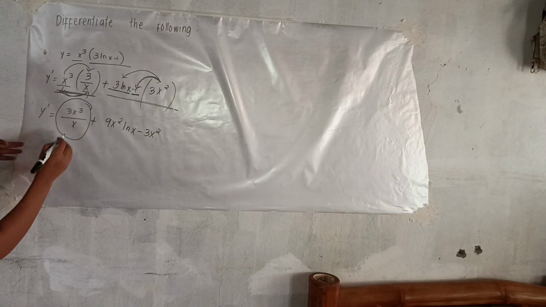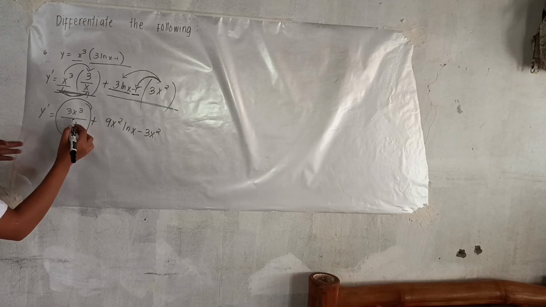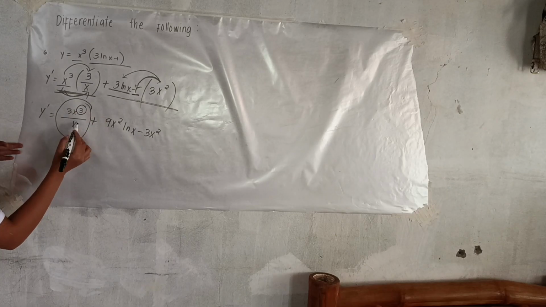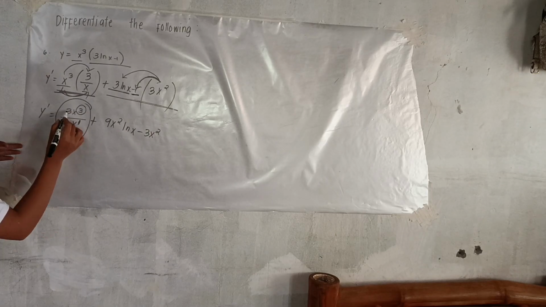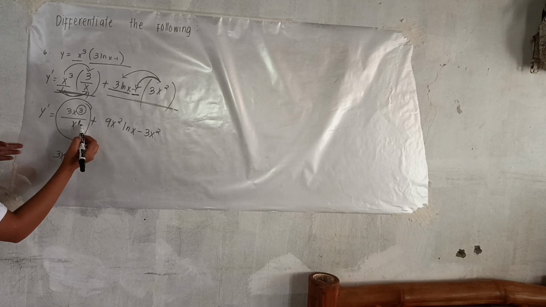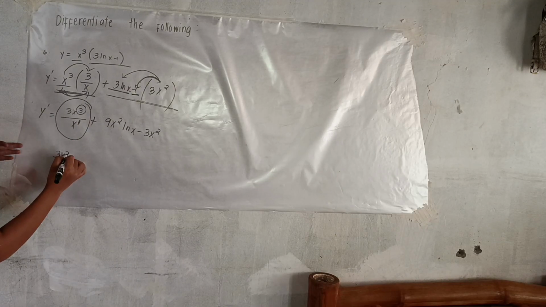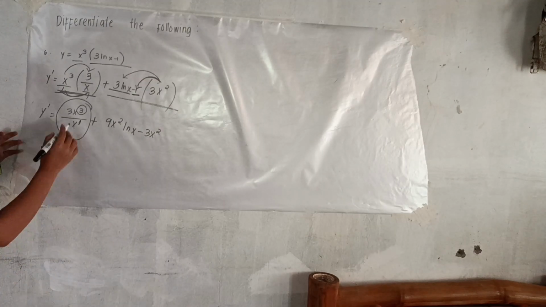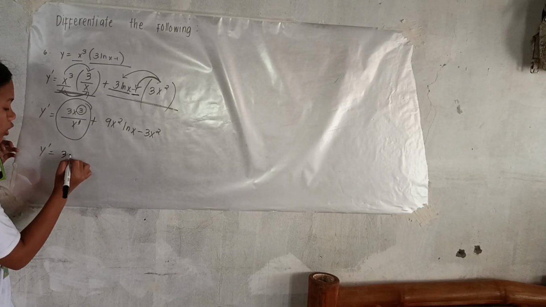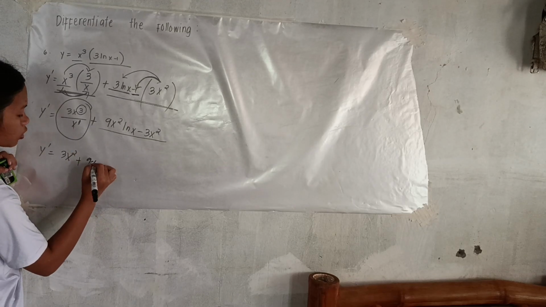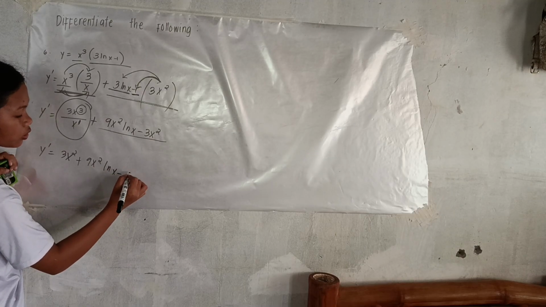by dividing. In dividing terms that involve exponents of the variable x, we simply subtract their exponents. The denominator has an exponent of 1. So 3 divided by 1 will become 3, and copy x, subtracting the exponents: 3 minus 1 will become 2. So, therefore, the quotient of this 3x squared all over x will become 3x squared, plus, copy, plus 9x squared ln x minus